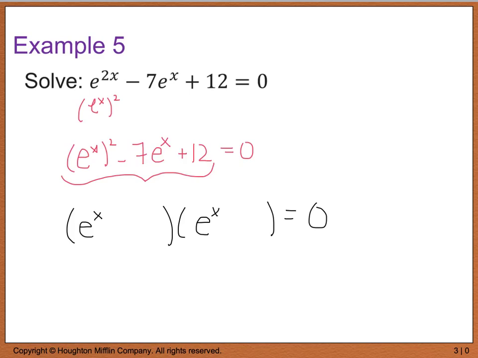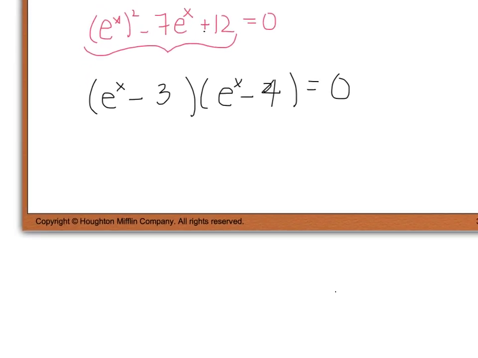Factors of 12, because I have a positive 12 here, they either both have to be negative or they both have to be positive. Because of that negative 7, I know that they're both negative. And factors of 12 that will add up to a negative 7 are going to be a negative 3 and a negative 4. So now that I have this factored, I can take each factor, set it equal to 0,